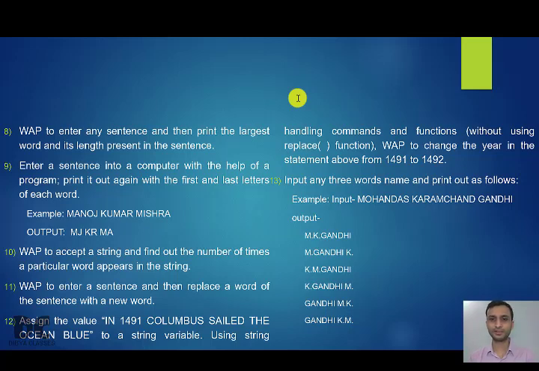Now if you see thoroughly, for the first print statement, that is MK Gandhi, it is M, the first letter of the first word, K, the first letter of the second word, and Gandhi, the last word completely. So you can see first is M, K, then Gandhi. Next one is M, Gandhi, K, then K, M, Gandhi. So you can see, taking these 3 things, M, K and Gandhi, we are just interchanging and printing. So once you find M, K, Gandhi, these 3 things, our job is done.